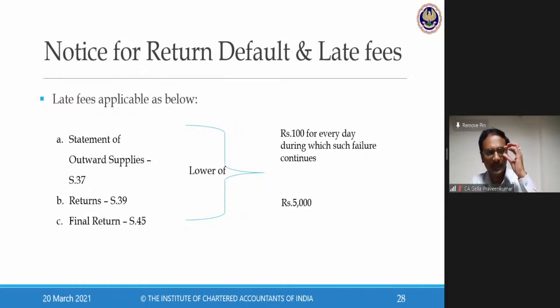Now, please keep in mind, if I don't file GSTR 1, GSTR 3B or final return within the specified due date, then there is an applicability of late fee. How? 100 rupees per day under CGST, 100 rupees per day under SGST. 100 plus 100 was made as 200 rupees. Government has later relaxed this particular thing, saying that, look, I don't want to burden the assessees. If the assessee is filing a nil return, that 100 rupees should be read as 10 rupees. If the assessee is filing not a nil return, that 100 rupees should be read as 25 rupees, 25, 50 rupees. So maximum 5,000 is the late fee applicable.